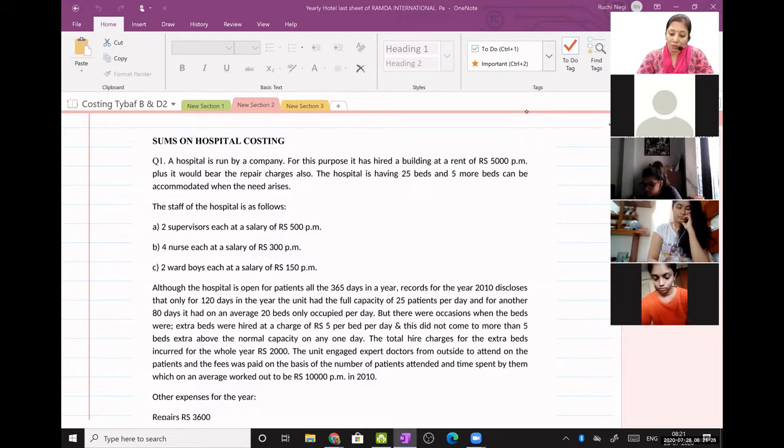Next we did hotel costing. In hotel costing, you had only one type, that was the cost sheet for a year, and we were calculating number of room days, and the fixed and variable cost definition depended on the cost unit. Like variable cost in a hotel cost sheet is what? Any expense that is paid in connection to room occupancy is known as variable cost. Opposite of that, any expense which is not dependent on room occupancy is what? Fixed cost.